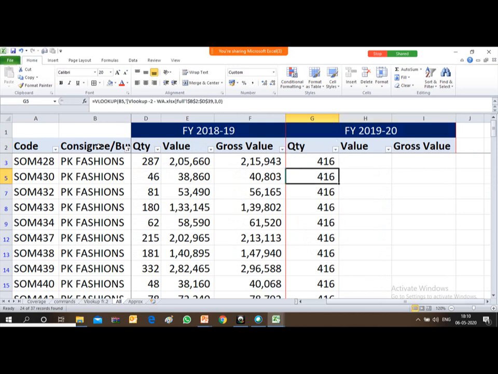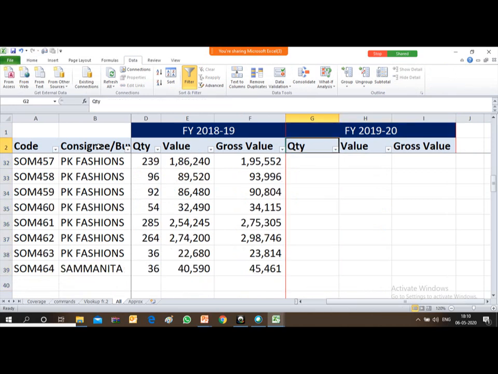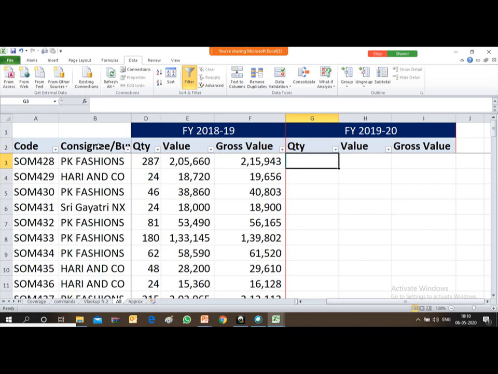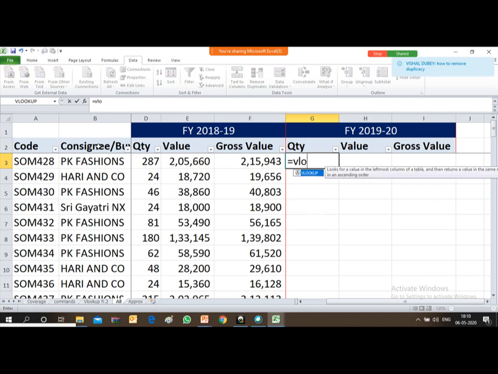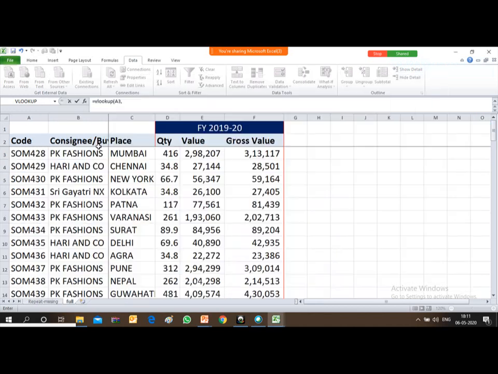So I'll move to the first formula only, where codes are unique in both the sheets. I will use the code option only. I just wanted to show you how you can change the values, but since there is a duplicacy, I will restrict myself to code only. So I am just typing the formula, VLOOKUP the code in both the files.